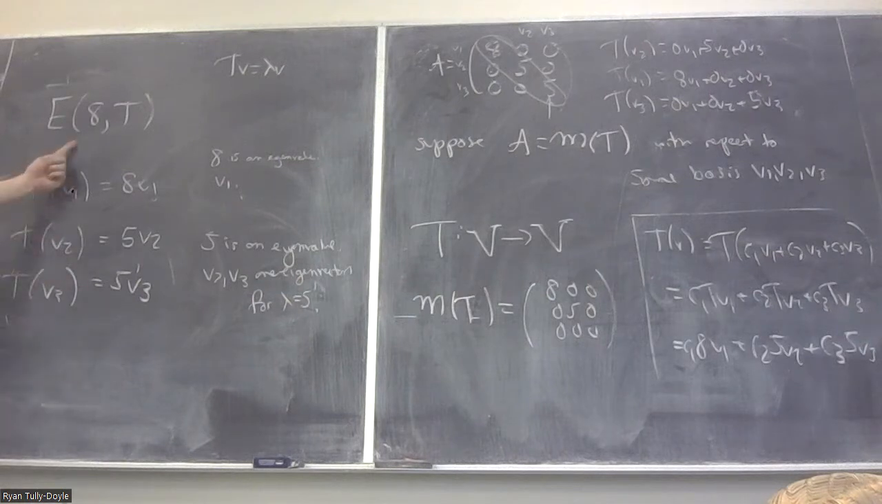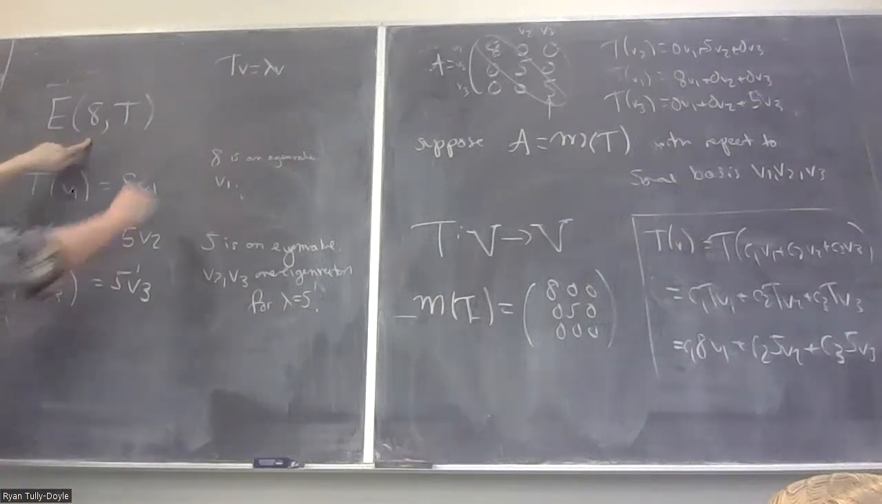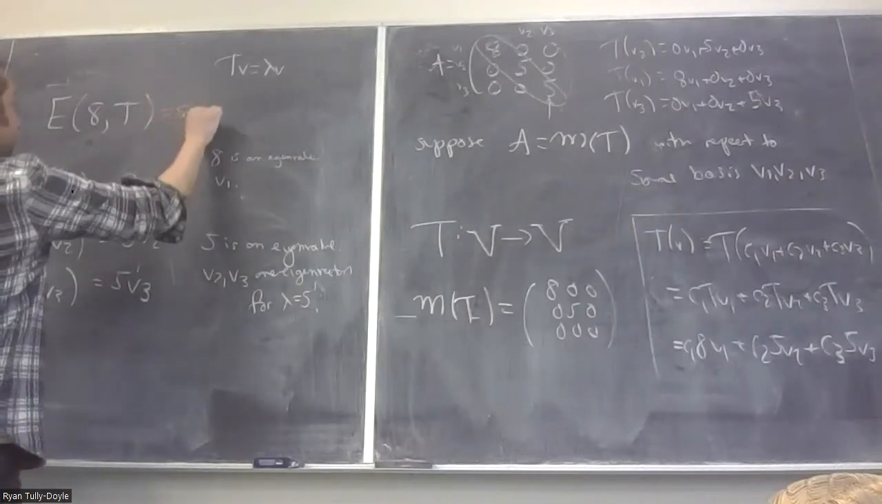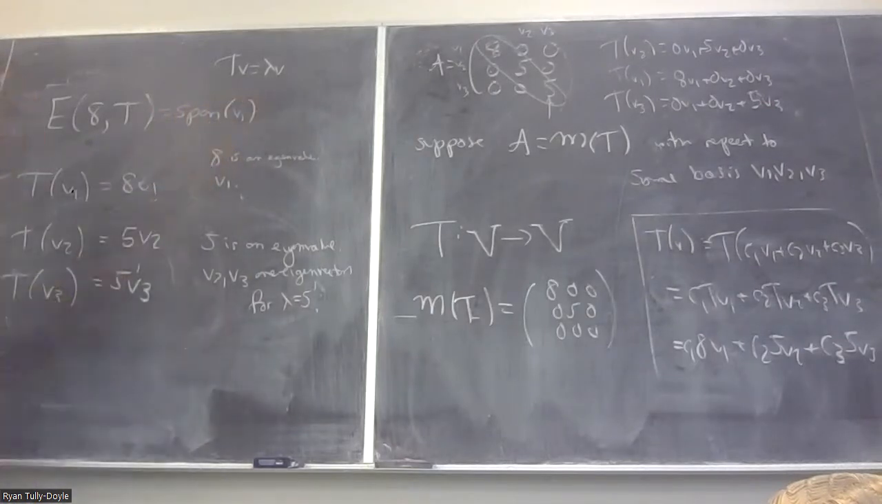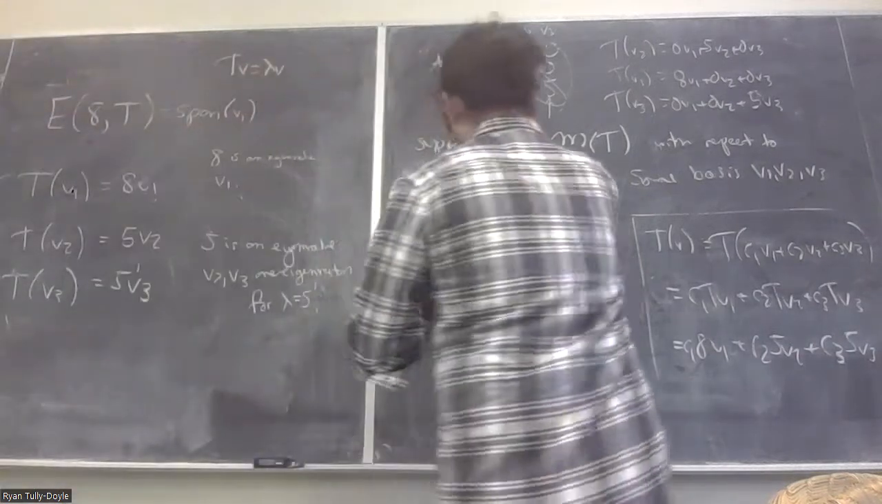So what's this? What's the set of all vectors that corresponds to 8 as an eigenvalue? Not V1, the span of V1. Let's think about why that might be true. I'm making a claim here about the way eigenvectors act. What I'm saying is that if you have an eigenvector,